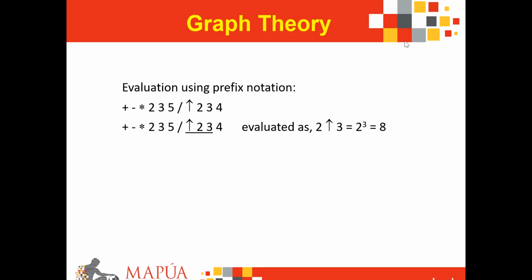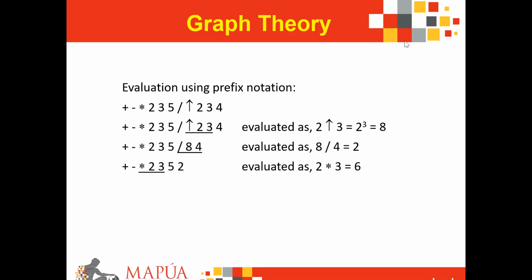So replace all three characters with 8, the next operator would be division, and is subjected to its children 8 and 4, which is interpreted to be 8 divided by 4, which would then equal a result of 2. Then the next operator would be multiplication, applied to its children 2 and 3. When you multiply 2 and 3, you'd end up with a product of 6. So if you replace all three characters with 6, you'd end up now with the next operator, which is subtraction, which turns out to be